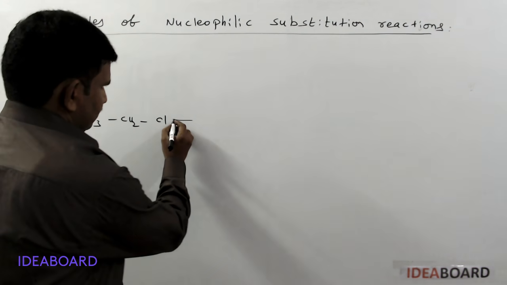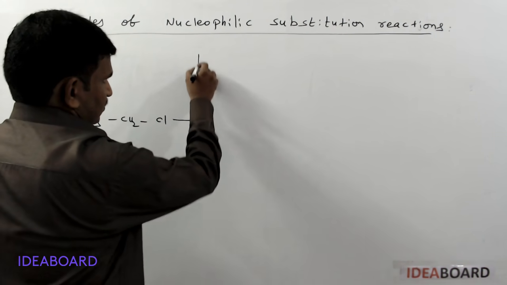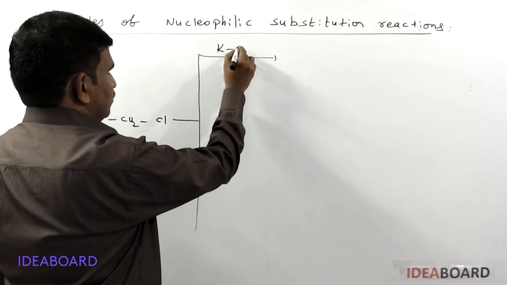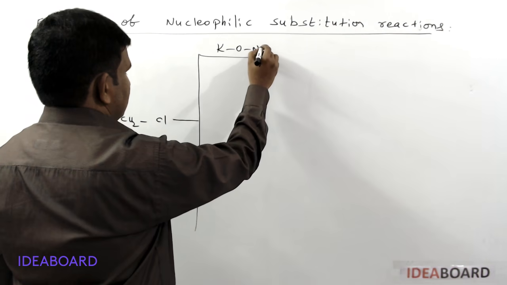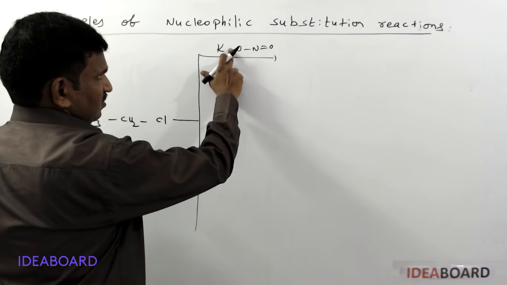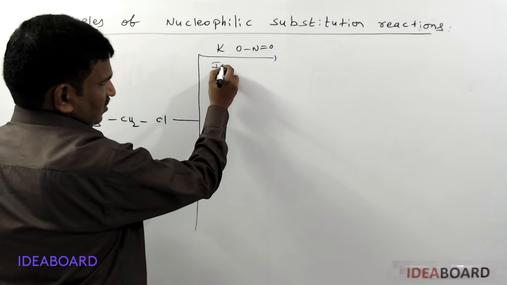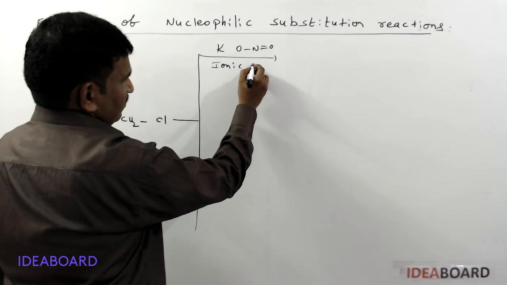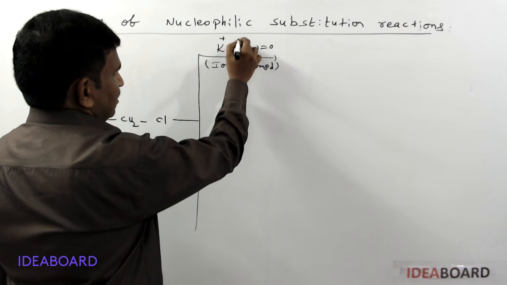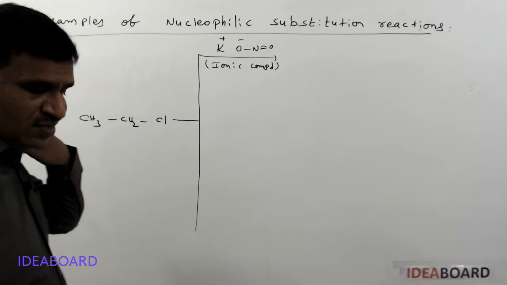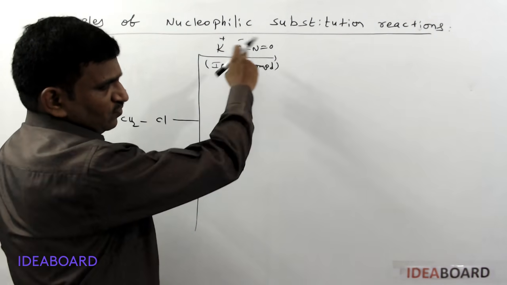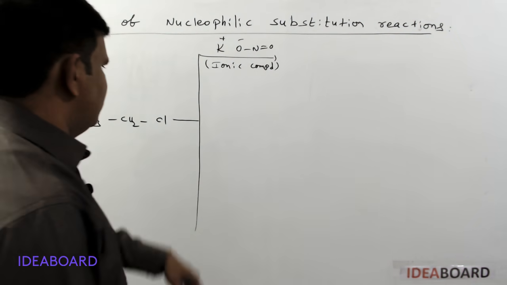The next one, here the reaction with KNO2. Here KNO2 has this type of structure. It also looks like an ionic compound because delta EN, the electronegativity difference, is less. So this is an ionic compound. K+ and O− are present, and here O is the nucleophilic center. ONO or NO2 is also an ambident nucleophile.